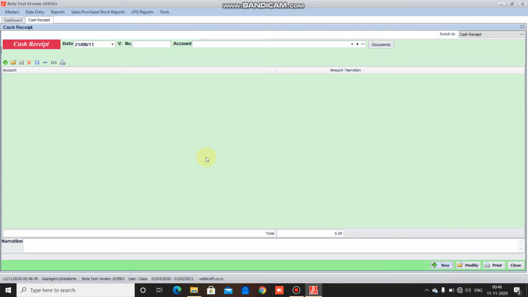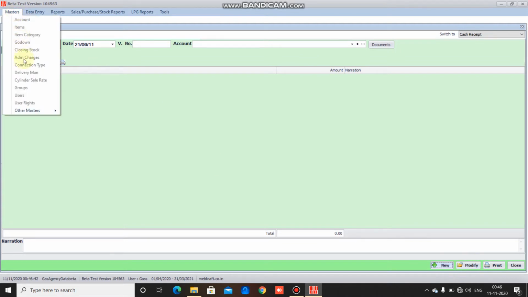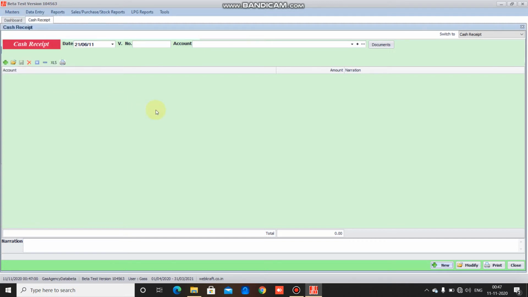So user rights cannot be given by Gas as we show, it can be given only by user Mukund or any other user who is having admin rights. So this is by using option masters and option user rights availed by an admin right user, we give administrative rights.